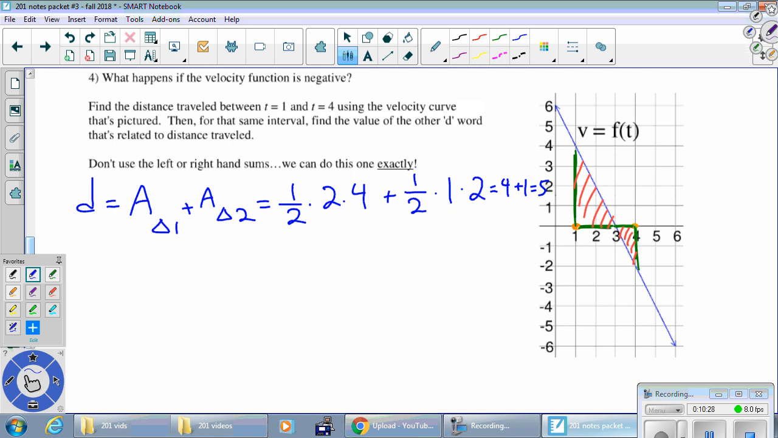But then there's a follow-up question. It says, for that same interval from 1 to 4, find the value of the other D word that's related to distance traveled. Okay, so the other D word that I'm talking about, maybe I should write the word distance here. So the D word that I'm talking about is displacement. So distance just means how far you traveled, regardless of direction. We didn't pay any attention to direction, but this particular person, if we imagine this person was moving along the x-axis,